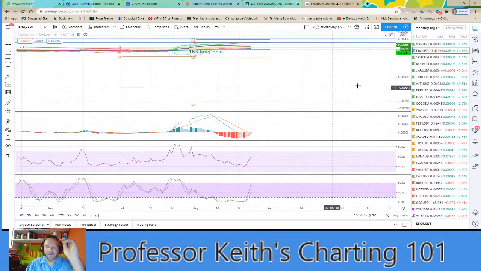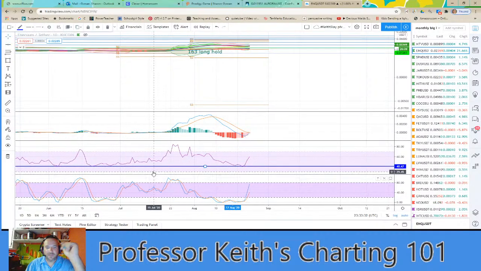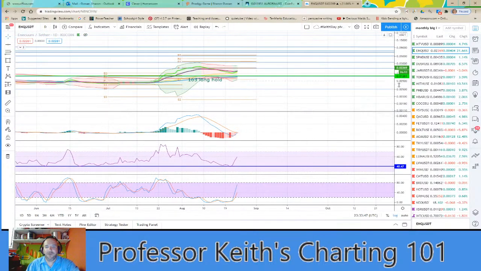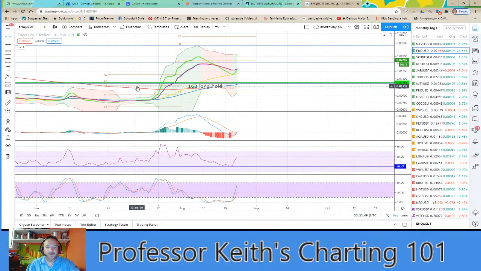I'm tripping out on ENQ. Look at that dailies. Never broke the midline. It stayed right over it. Look at the 40 line. Why do I teach this? Look at that. Get out of my face, bro. The stock rode the bottom just like we say it does. Hit the 40 line. Over the midline. Over the 8. You can't see it, but it's over the 8. The moving averages were nice and flat. Look at that daily flat averages.